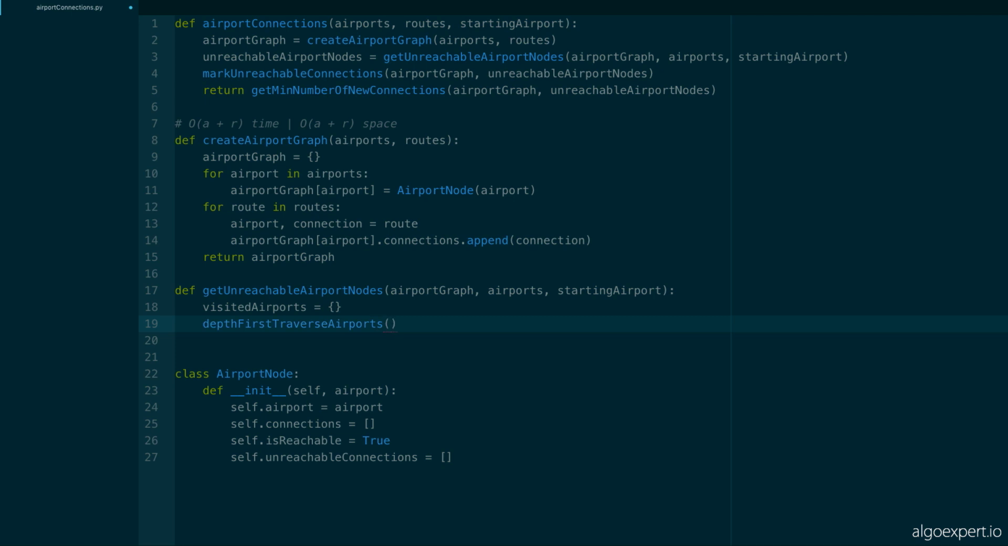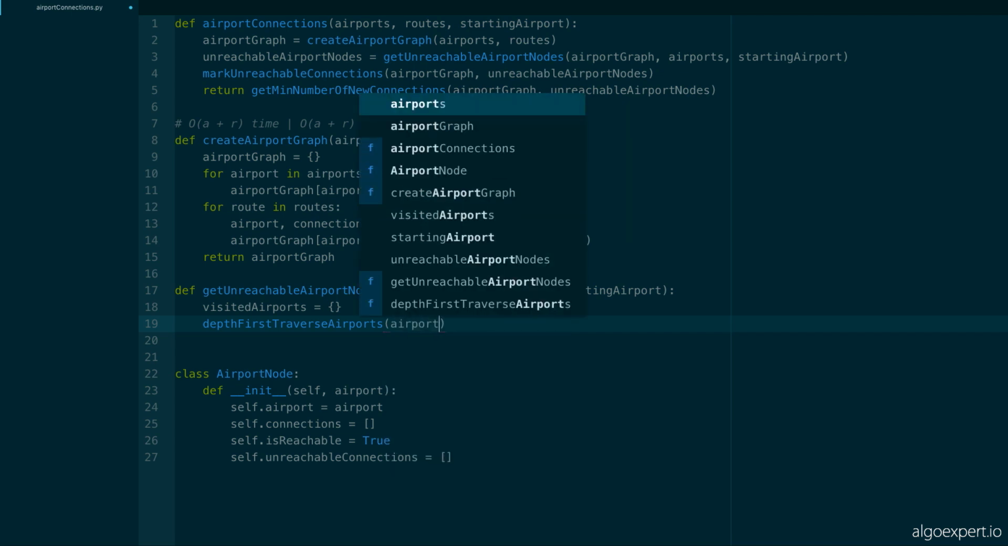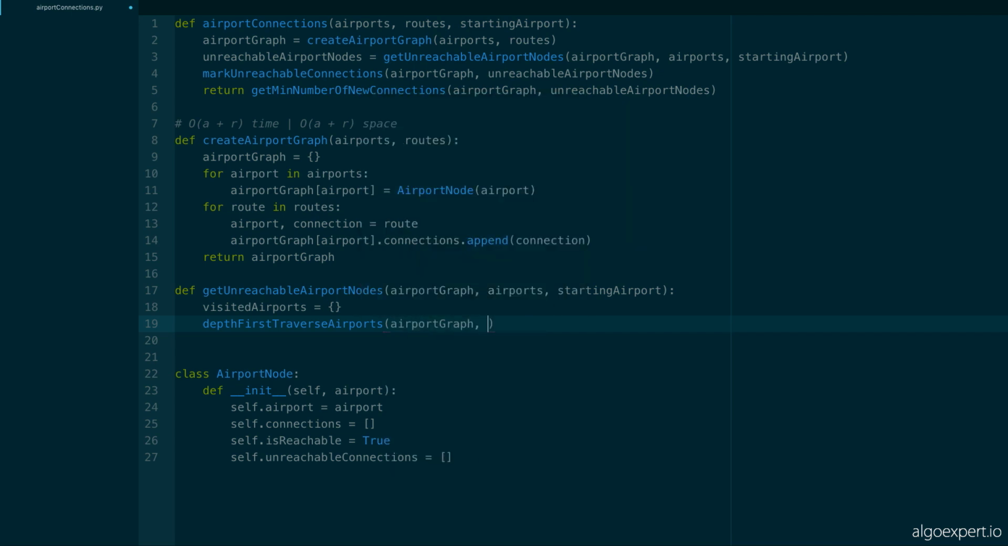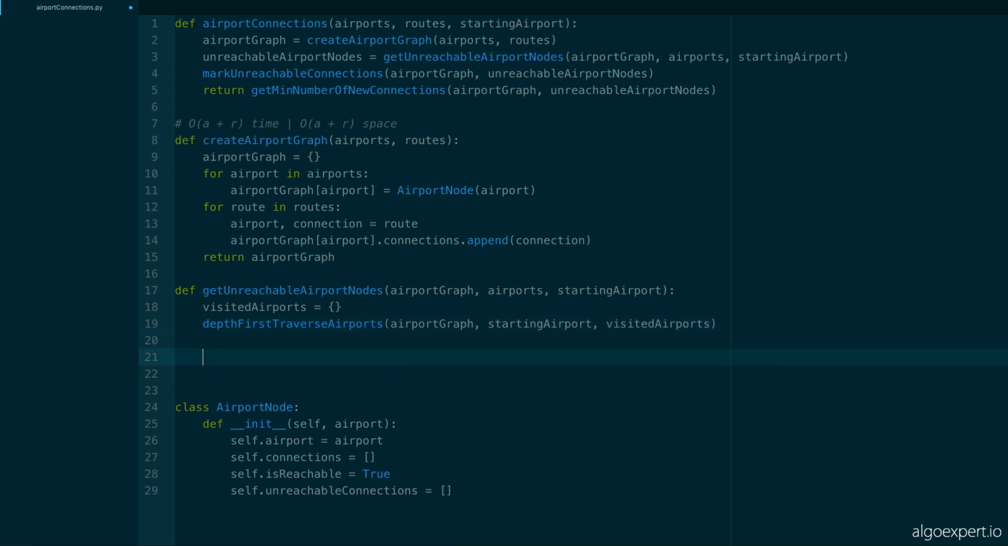this is going to be the depth first search algorithm portion of this method, and that's going to take in our graph. Of course, can't really do depth first search without a graph. It's going to take in our starting airport, because we're going to start by doing depth first search at the starting airport, and it's going to take in our visited airports, and we'll get into this helper method in a